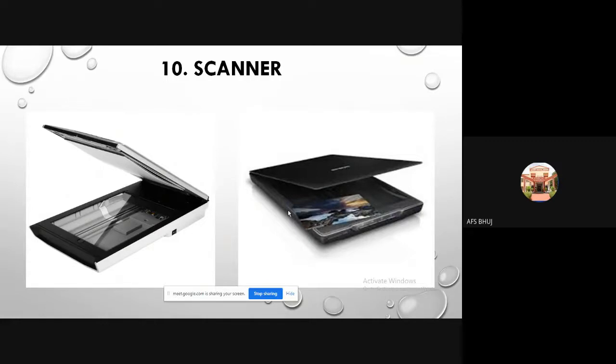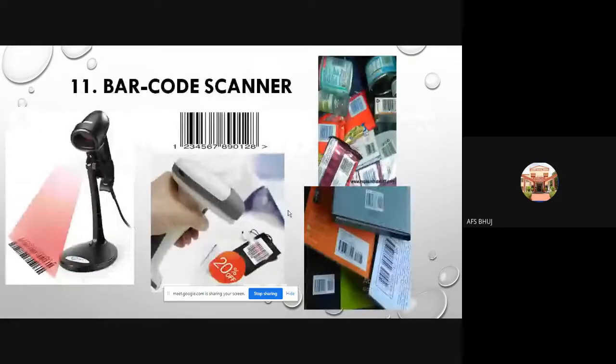And next one is barcode scanner. You can see in big DMarts and big malls, they use barcode readers so that they can identify the label. In the process of billing, they use a barcode scanner to scan the bar, for the pricing and manufacturing date, if you want to see. Barcode reader is also one type of input device, used to identify the barcodes on a particular item.